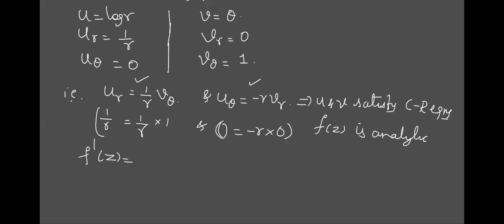I told you how to remember, but for the polar case, one thing is extra. You have f of z is u plus iv. If you put a dash, one extra thing, e raised to minus i theta, will come. Don't forget this. If you forget this, they'll cut your marks. Substitute now. This is e raised to minus i theta. What is u_r? 1 by r. What is v_r?